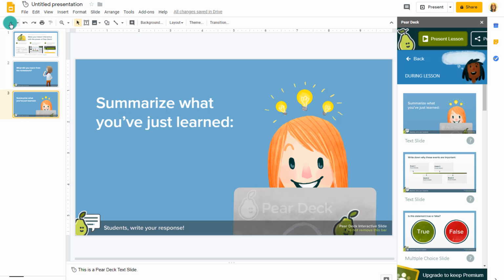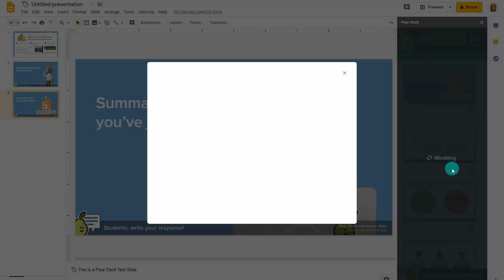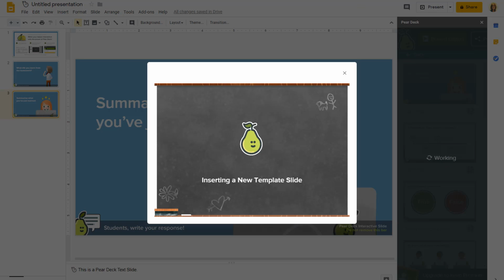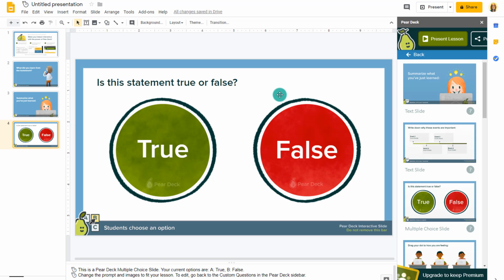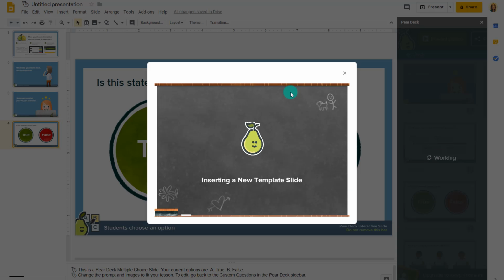And again, I could build in my regular slides as we go too. I'm just not adding those in right now, but you could build in your content slides just as normal and add these in occasionally. Here's a multiple choice slide that I could bring in where basically it's going to ask them, is this statement true or false? I could say it to them and they could respond to it, or I could have it on another slide and then go to this slide and say, was that statement true or false? You can also do,